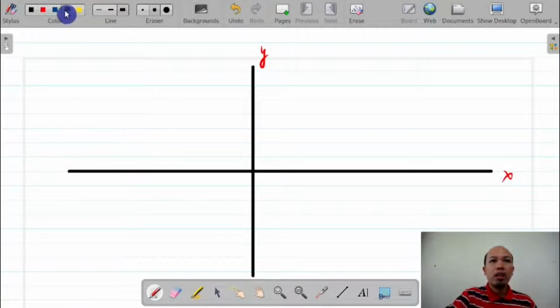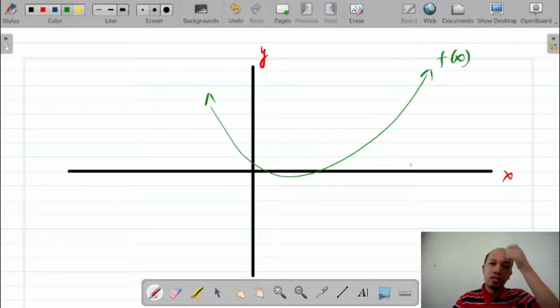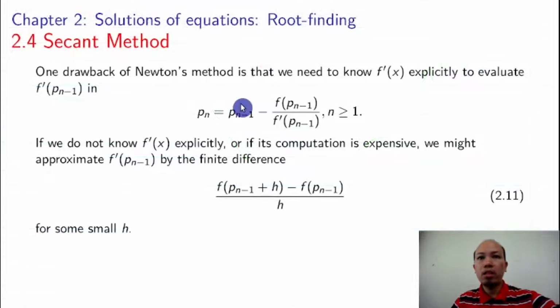And what if you have a function, let's say this one here? This is your function f of x. Notice that if we get the derivative, let's say this tangent line at this point,